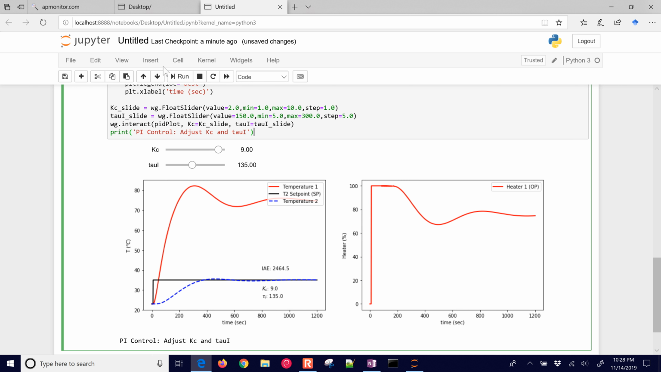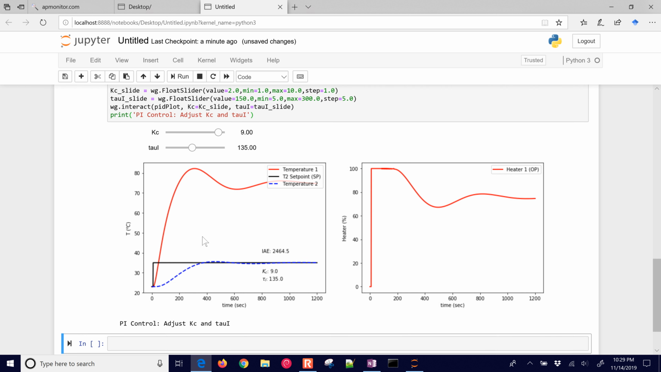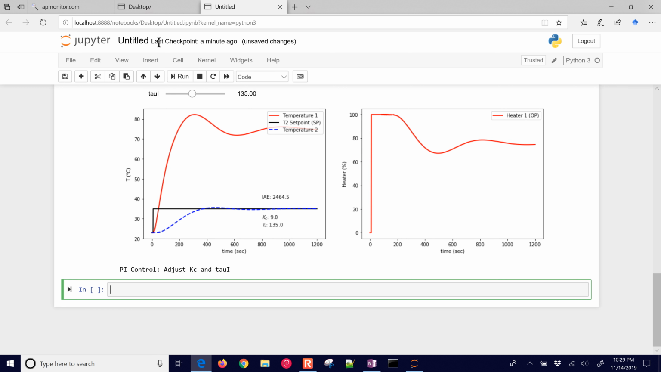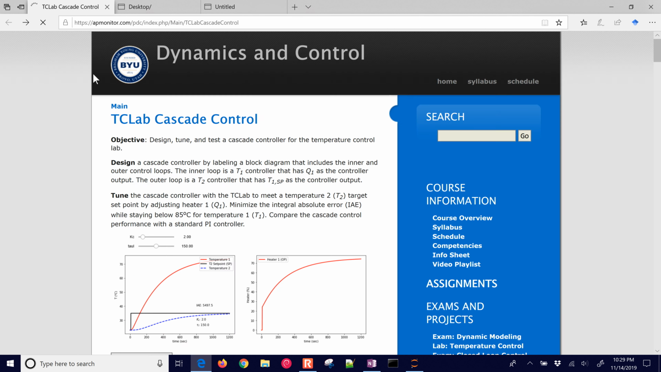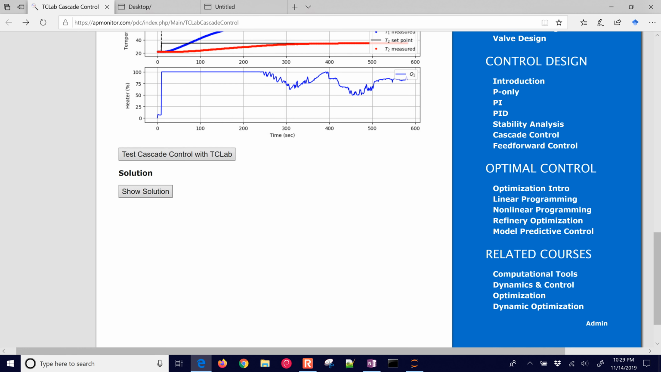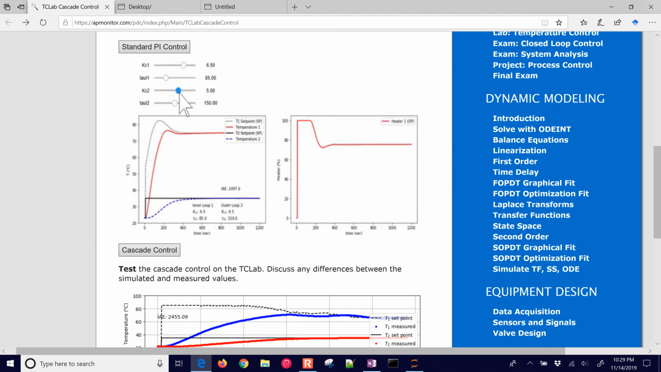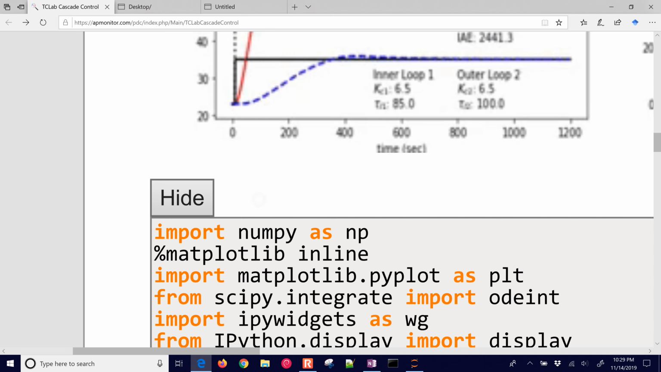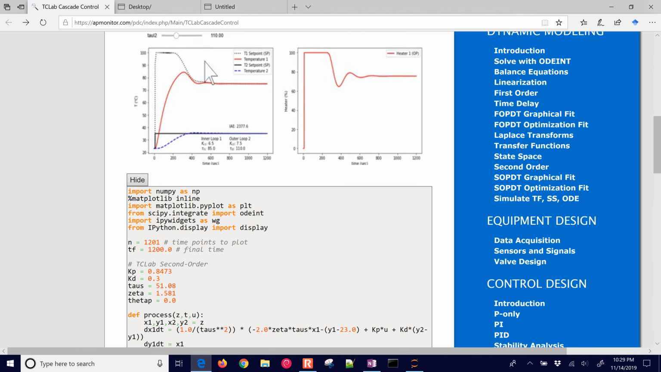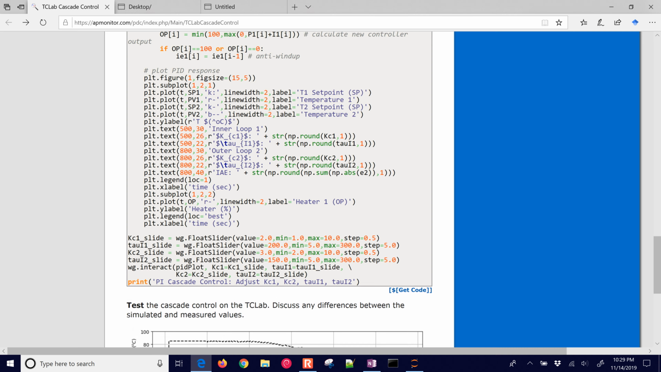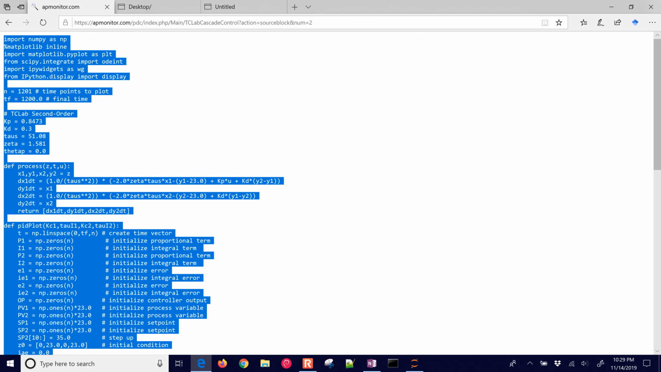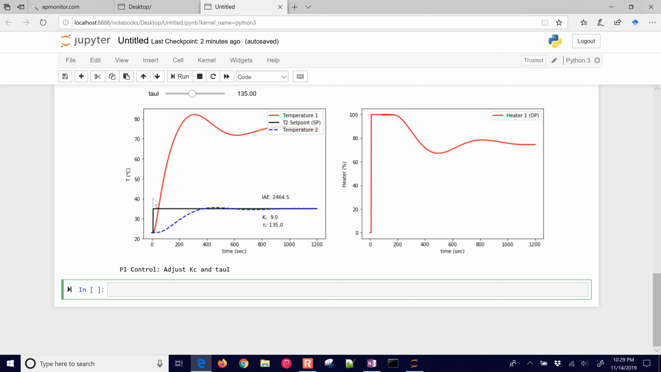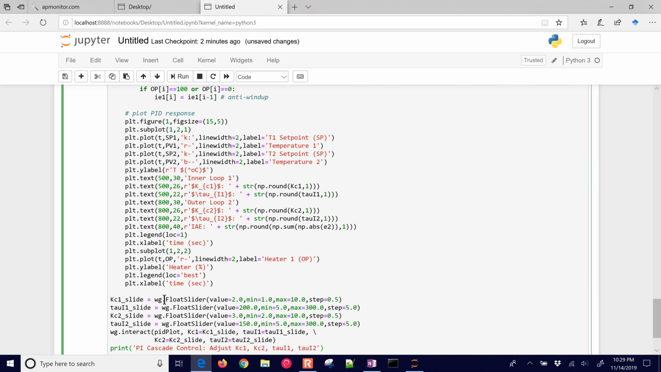Alright, let's insert a cell below, and then here we'll do the Cascade Control system. Alright, if I come back here, I'm going to come down to the second one, which is the Cascade Control, and we're going to tune this one in simulation before we actually implement it on the TCLab. So come down here to the Get Code again, select all the text, and then go ahead and paste it back into your Jupyter notebook,